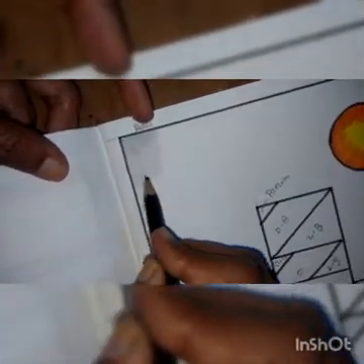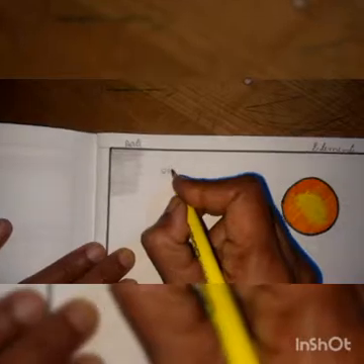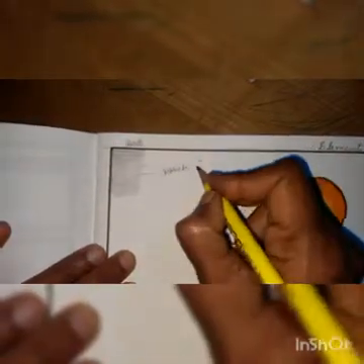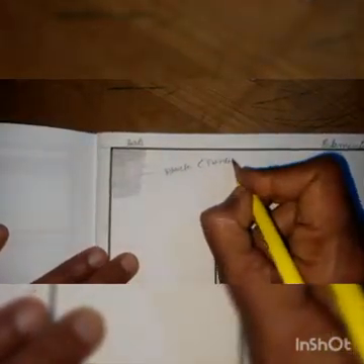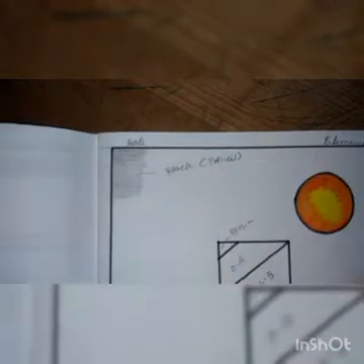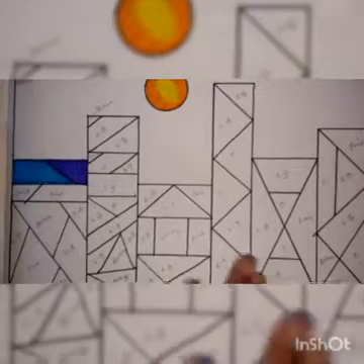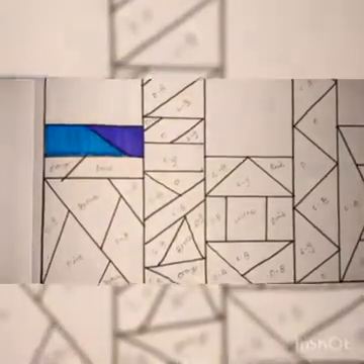Whatever the background space will be there now, that one you have to do with the black color pencil. This is black pencil. Okay children, black color pencil you have to use. Now once again you have to see here, the color names will be there. You have to see those color names, and according to that you have to do the color, children.